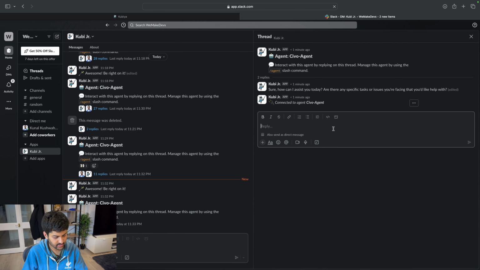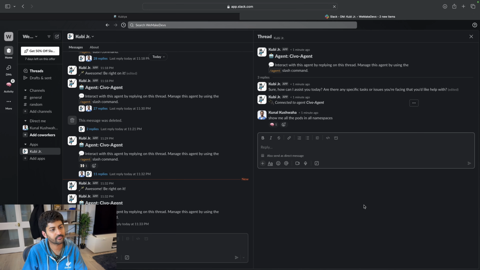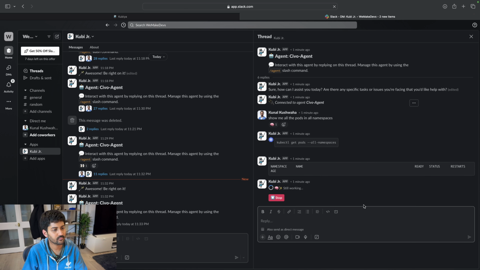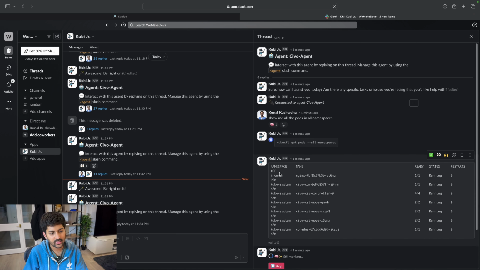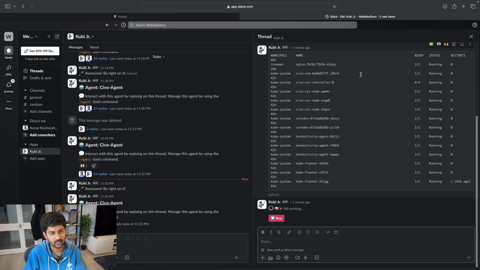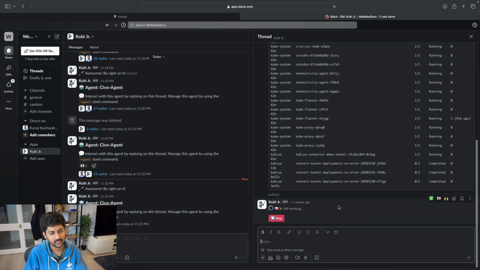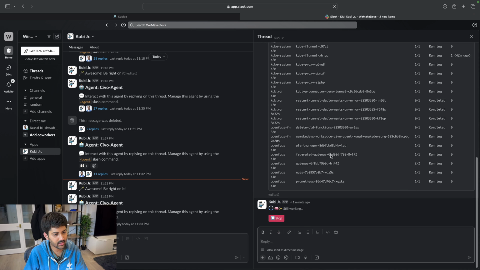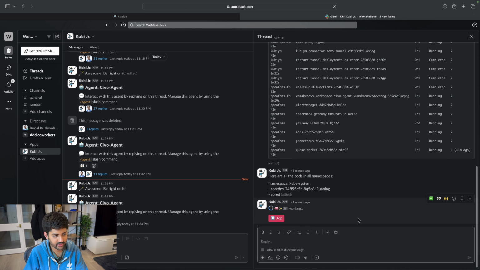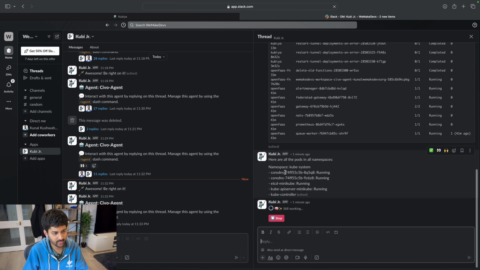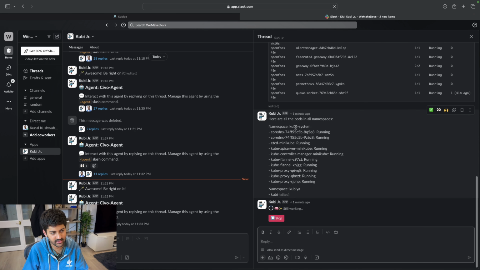Okay, you can ask it, show me all the pods in all namespaces. See, pretty cool. It's giving me all the pods and everything. Here are all the pods in the namespace.